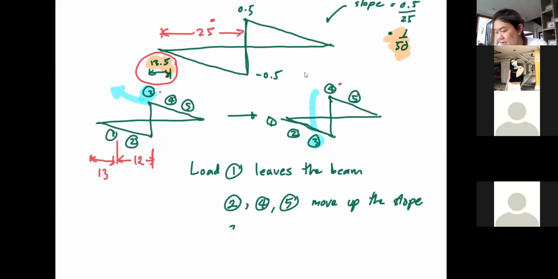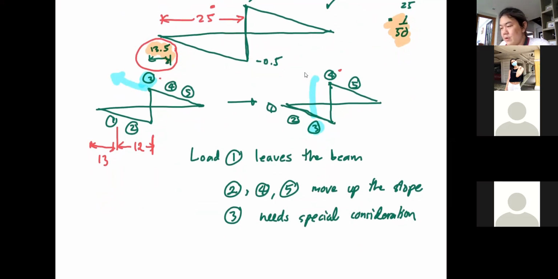So load number 3 needs special consideration. Okay. Now let us start our work with load number 1. For load number 1, it used to give the negative value